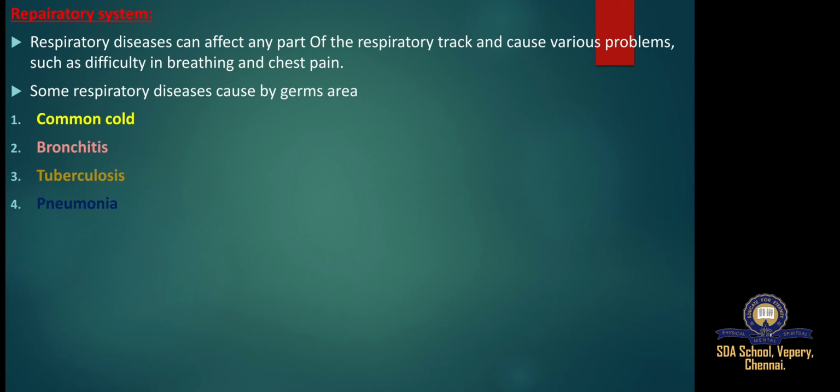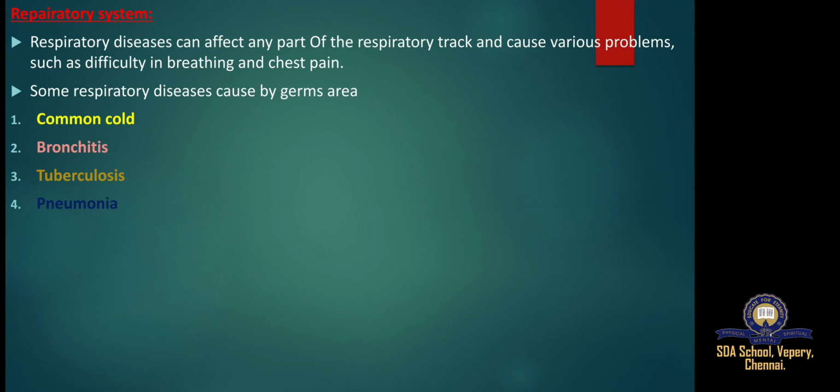Tuberculosis causes. Tuberculosis is caused by bacteria that spread through the air just like a cold or the flu. You can get TB only if you come into contact with people who have it. Tuberculosis transmission. When someone who has TB coughs, sneezes, talks, laughs, or sings, they release tiny droplets that contain the germs. If you breathe in these germs, you can get it.